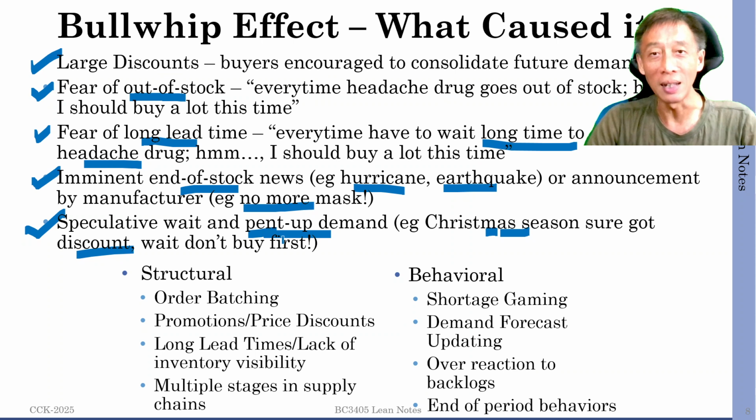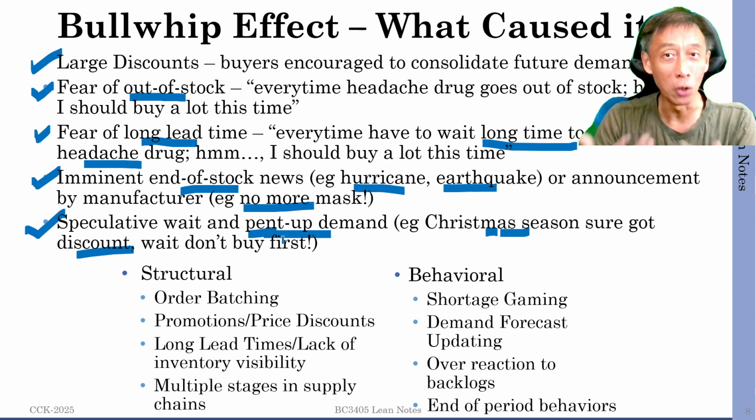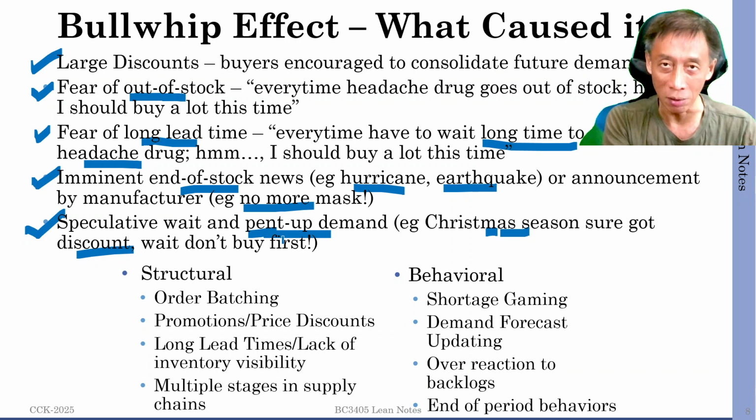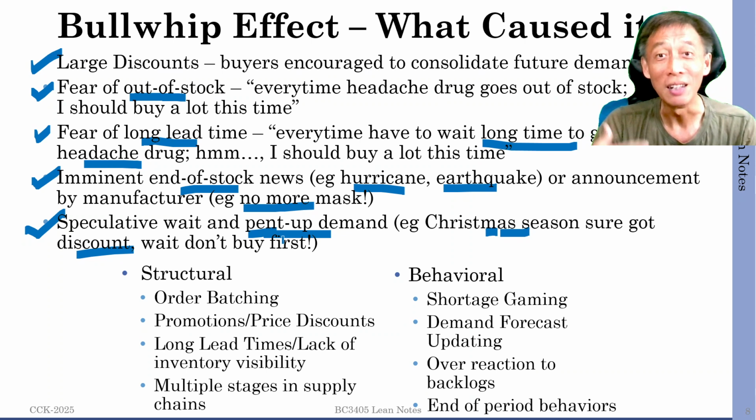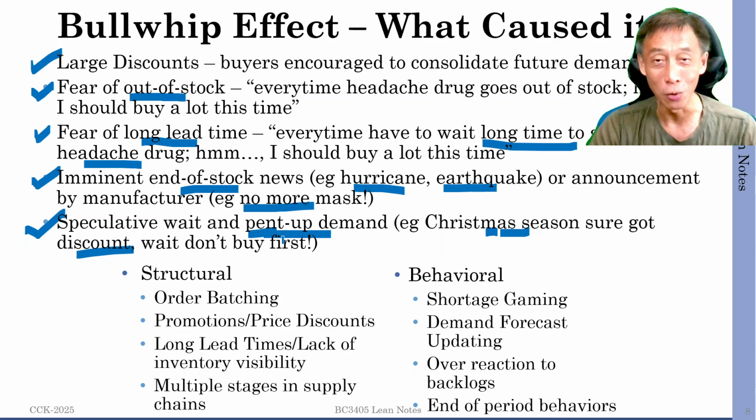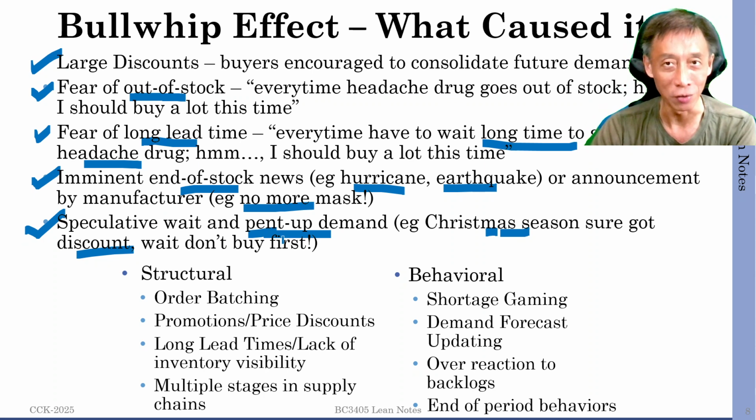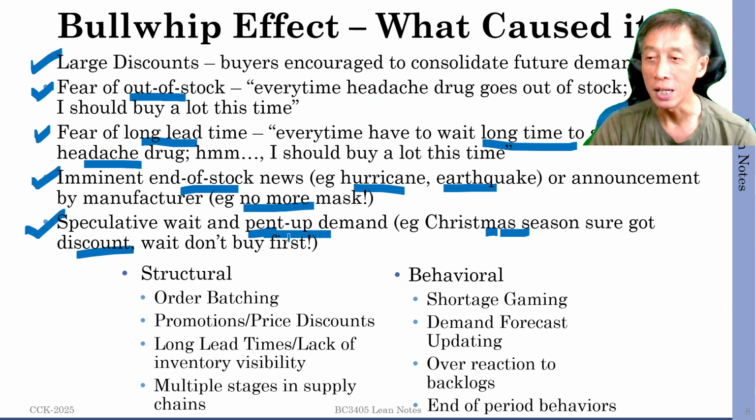But if everyone thinks like that, because it's Christmas and everyone knows that after Christmas supermarkets have discounts, if that is the learned signal for everybody, then there is a synchronization of generating the demand right after Christmas. There is also a synchronization of demand suppression in the days before Christmas. And then you are creating a potential wave sweeping up the supply chain towards the chocolate manufacturer. So speculative wait, pent up demand, many of these.